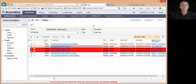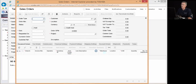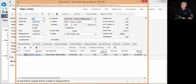Now I've moved from being the salesperson on my Android with my customer to the sales manager at the home office. Up on my taskbar, I notice that there's a requirement for an order approval. I take a look at the order itself. I see that what's required is a discount of 16.4%. It's a little bit larger than I normally approve, but we want to get this new customer. And notice here that I've got a hold on order indicated by this, as well as the customer's restriction. And in this case, this particular customer is going to resell the products, and they need a resale certificate on the system. Anyway, in terms of the demo here, I want to go ahead and override that margin so that